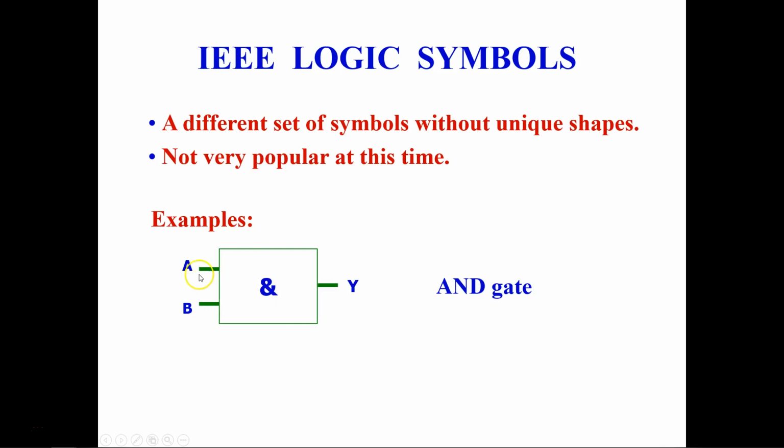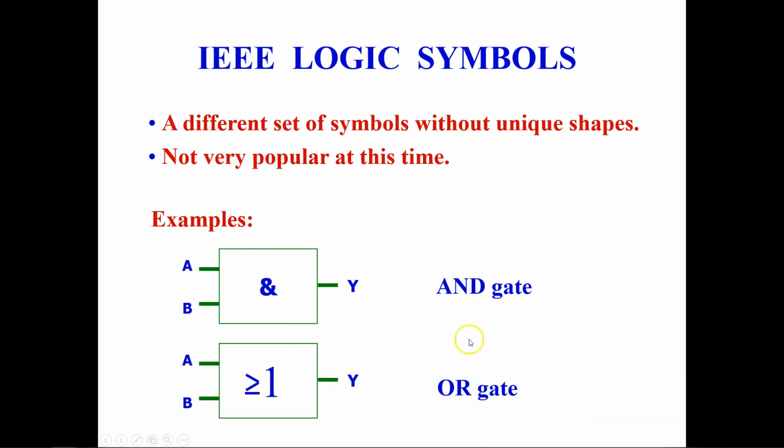For the AND gate, these are the two inputs, and this is for AND, and then Y is the output. So this is your AND gate, and then you have the OR gate. The OR gate looks like this. These are the two inputs and this square box, and Y is the output. So this is all about logic gates,